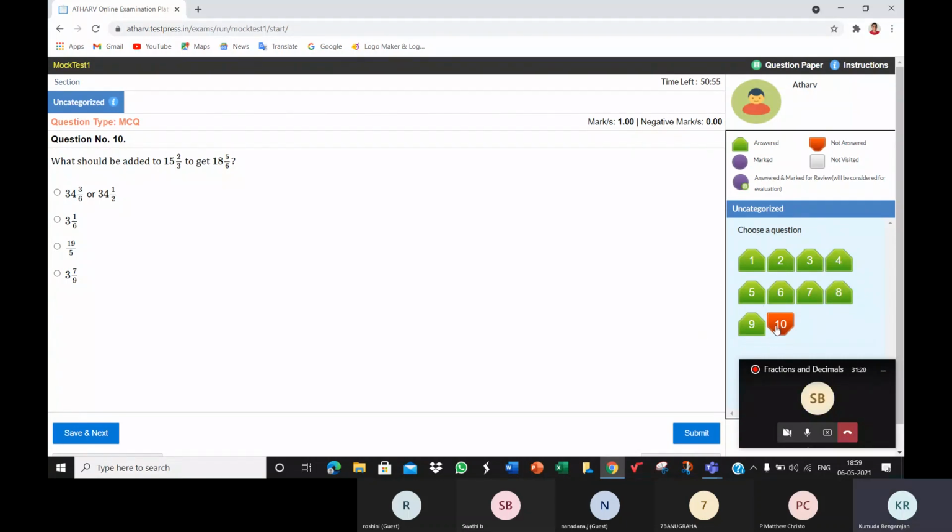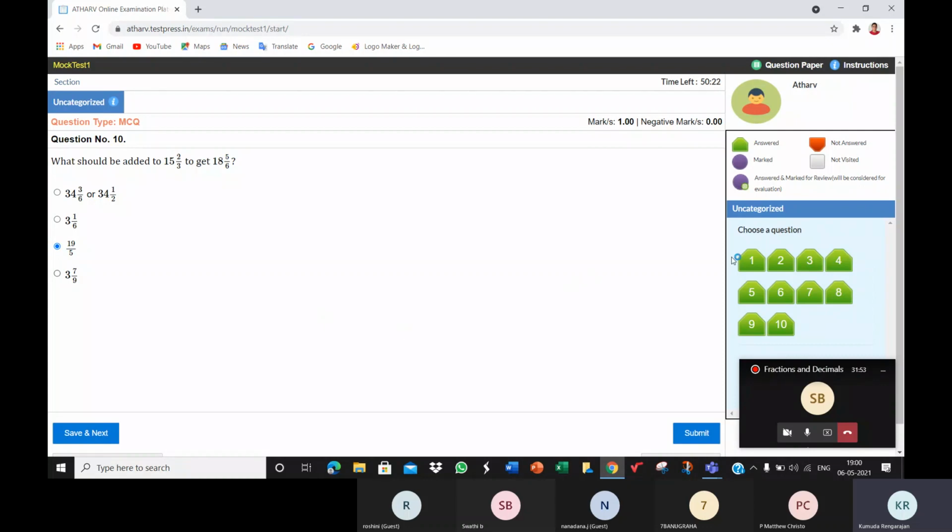Now question number 10. Like this, and I say save and next. When you say save and next, children, because there are only 10 questions in this test, it will not take you to the next page. See, when I say save and next, I'm still there. I'm on the same page because this is the end of all the questions. This is the last question. So when I say save and next, it doesn't take me to the next page.